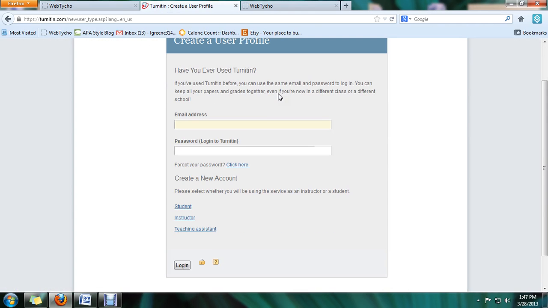Okay? Now this is where it gets a little confusing. If you have already used Turnitin before, then you want to enter your email address and the password that you used to log in to Turnitin when you used it in previous semesters. If you have not used Turnitin before and this is your first time, you're going to create a new account. Okay? So if you have not used it before, you're going to go to Student,